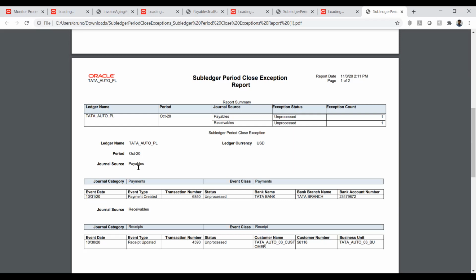Apart from that, for the other exceptions, if it is with Oracle, we will get immediate help, because mostly it will be data fixes or something. Apart from that, there will be a few things that can be handled by users. Those are user actions that we can only suggest, so that will be in the users' hands. We cannot have control over that. These are business decisions.